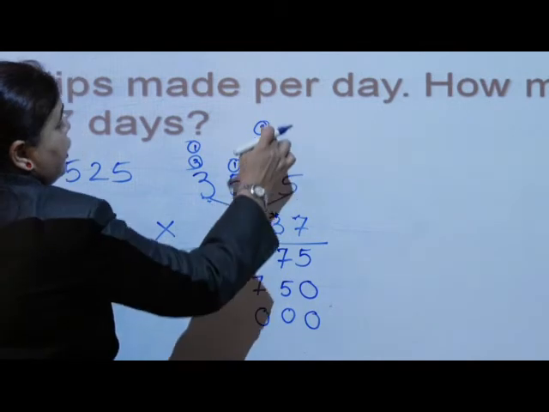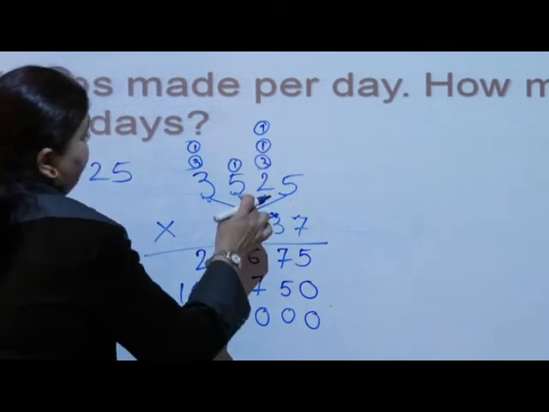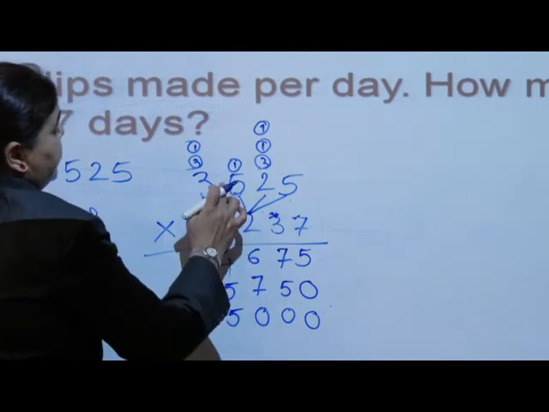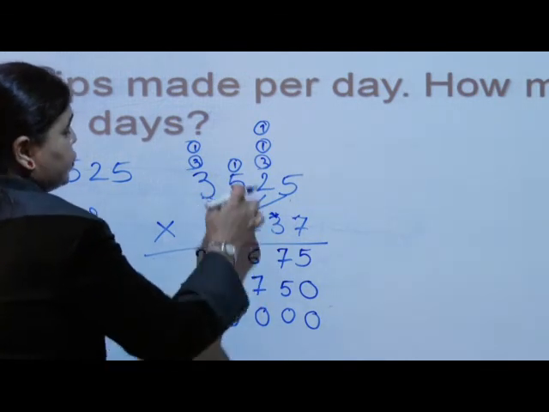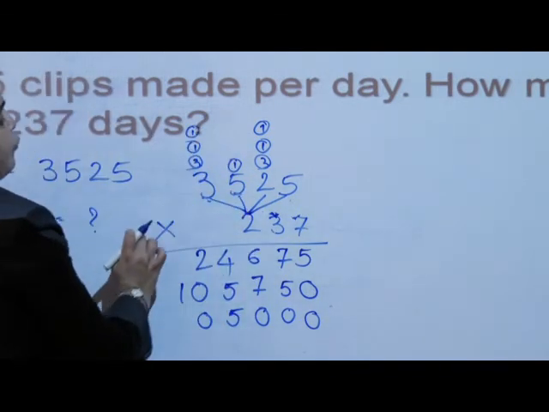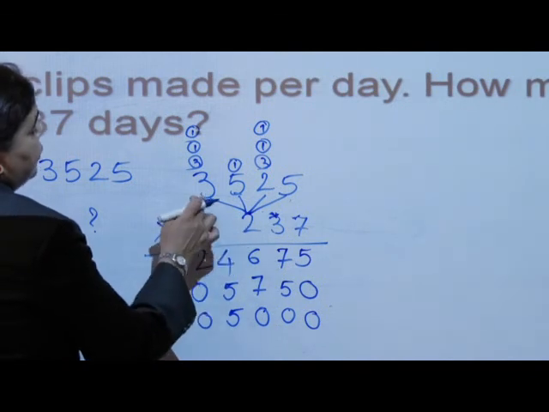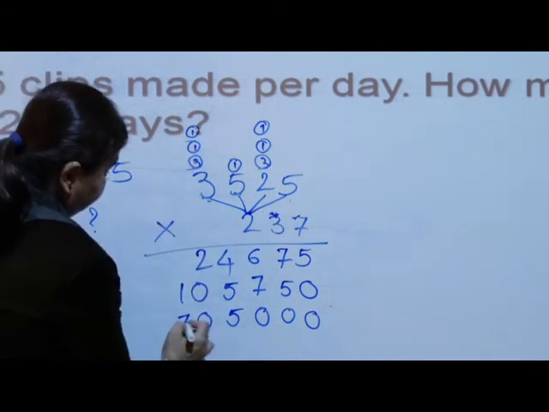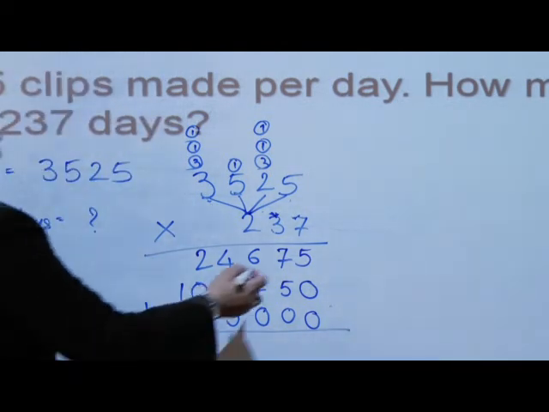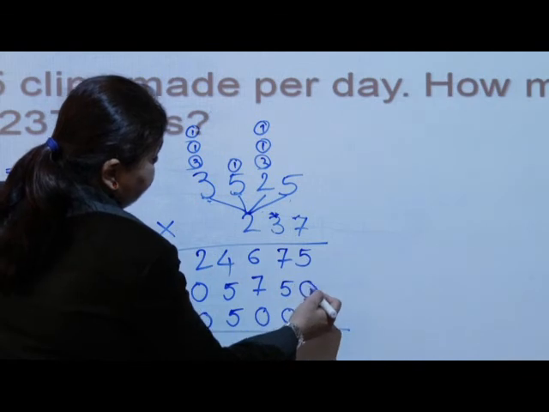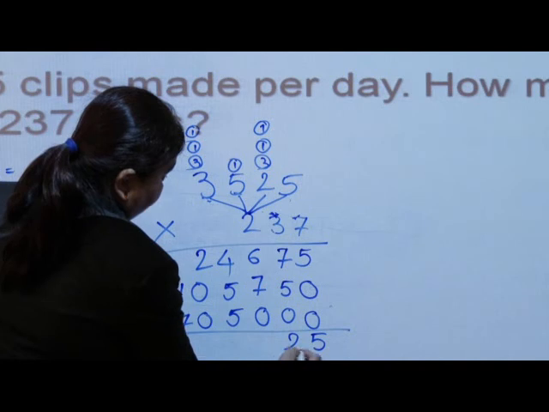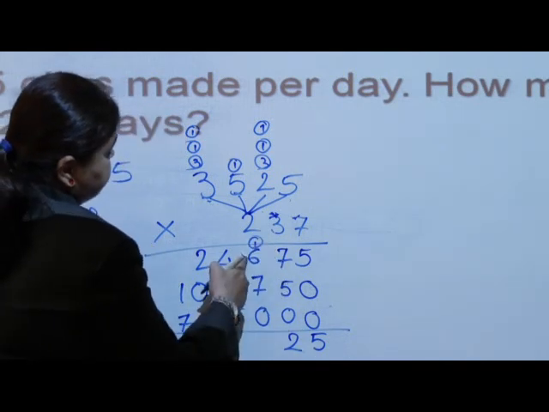So 2 2s are 4, plus 1 is 5, and 5 2s are 10 or 2 5s are 10, both are same. So 5 2s are, I don't have any carry, directly 5 2s are 10 here and 1 carry to the before number. So what will be here? 3 2s are 6 plus 1, 7. What should I do? I should do the addition of this. Now I have to go for addition. 5 plus 0 is 5. 7 plus 5 is 12. 1 carry over here. Here is 6 plus 1 is 7.